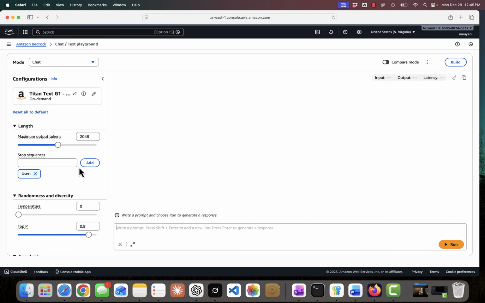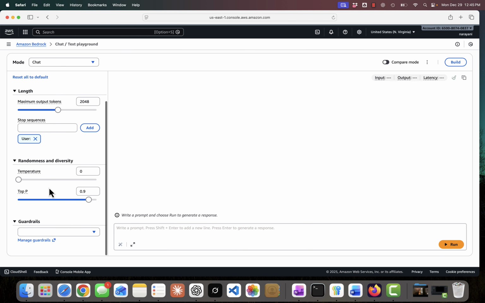Here also you can see temperature and top P. What does it mean? As you increase the temperature, both are probabilities. As you increase temperature from 0 to 1, 0 means the model will give you a factual response. The response is very correct and the model will not hallucinate much. And as you go toward 1, the model will give you more